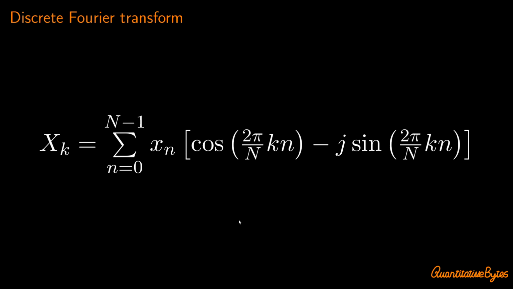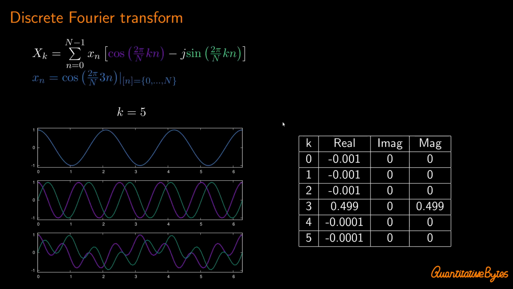And in the previous video we talked a little bit more about what's actually going on there, and in particular we showed some visual examples which, simply to summarize, I want to show here. So we have here the equation for our Fourier transform, and I've colored the cosine and sine terms in purple and turquoise respectively, and we can see those plotted in the middle plot down here. And we looked at a particular test signal, x of n equals the cosine of 2 pi over big N times 3 times n. So of course this is going to exactly correspond to one of the Fourier terms,